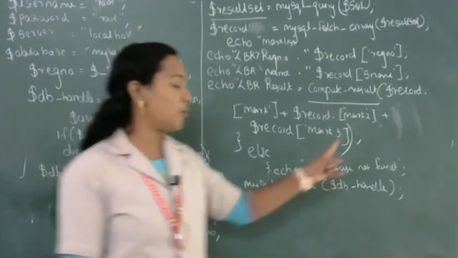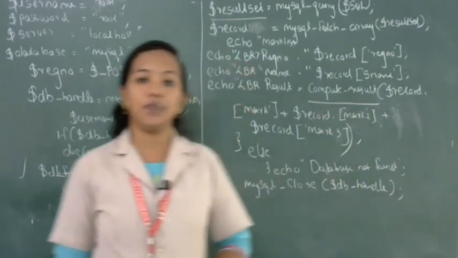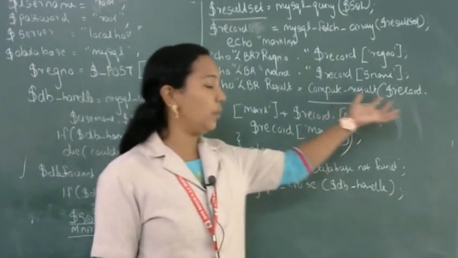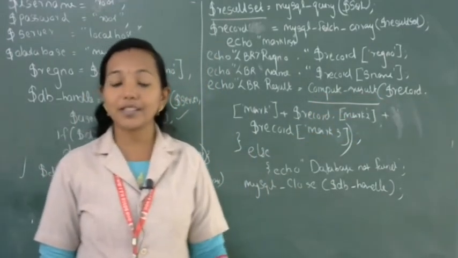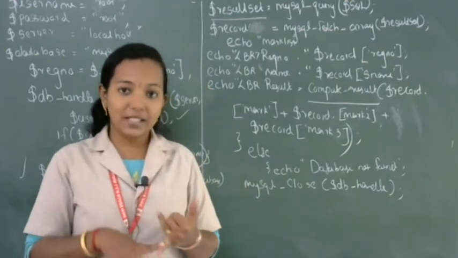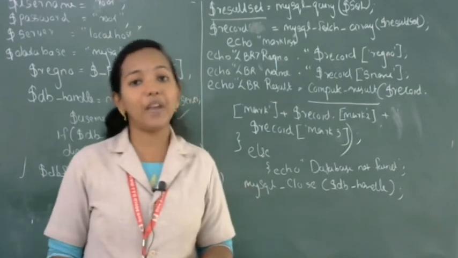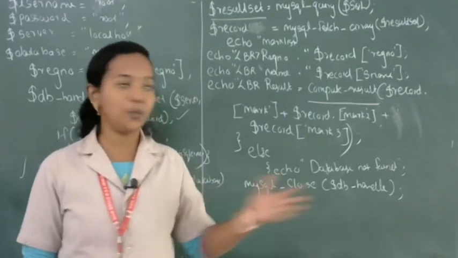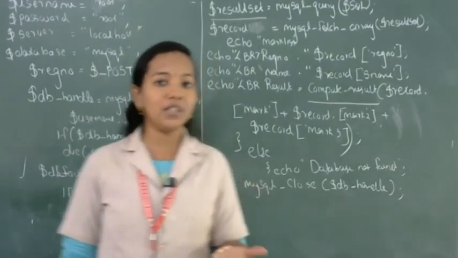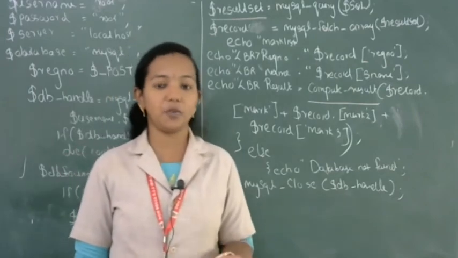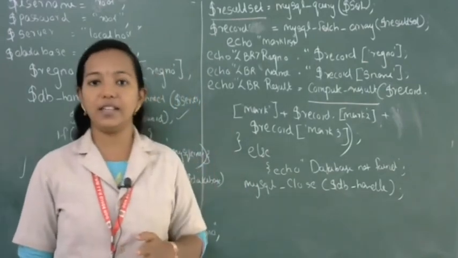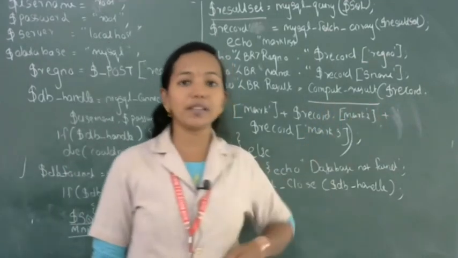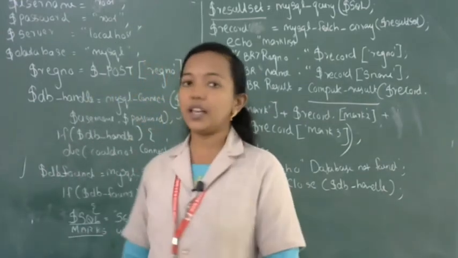Then after that you write the function definition for the compute result function, because this function executes when we call compute result. In compute result, we find whether the student got first class, second class, distinction or failed. The same function is already in your notebook and also in your textbook that you can refer to. I think you know how to write a PHP user defined function. It is very simple to write, using if and if else statements. So we are including a user defined function, the compute result function.